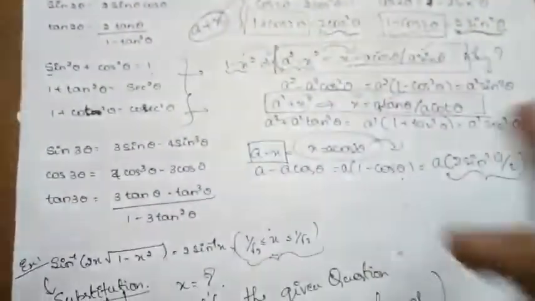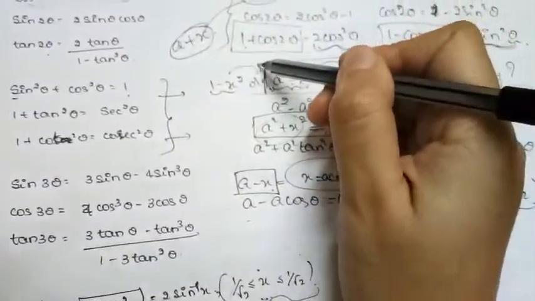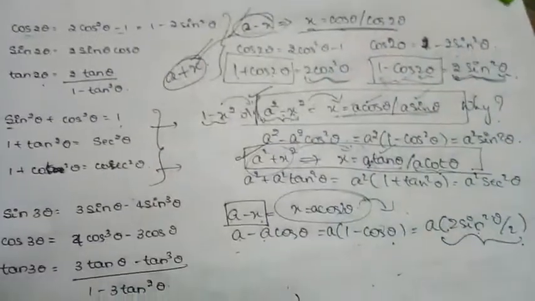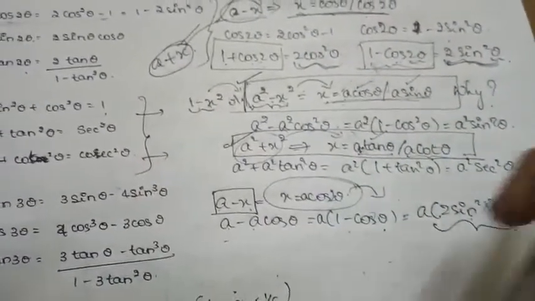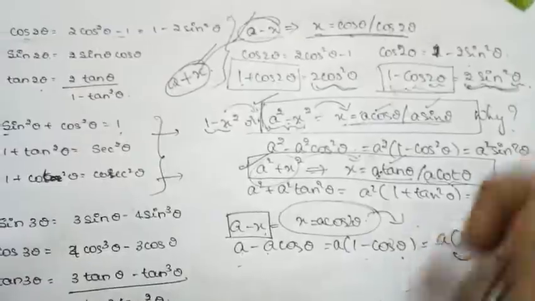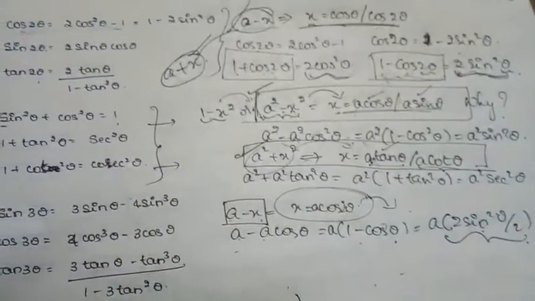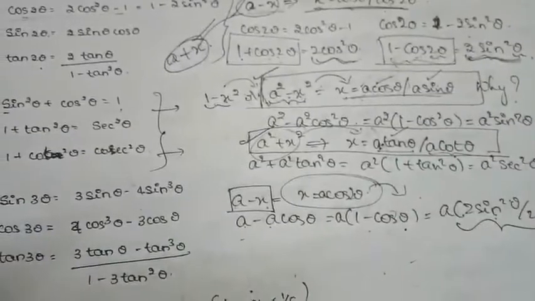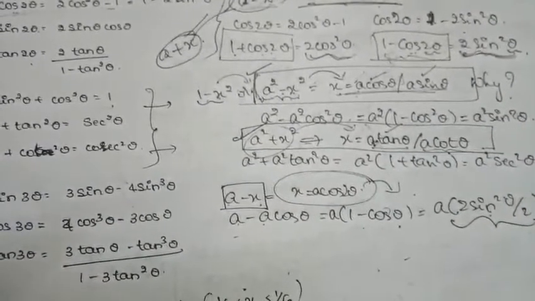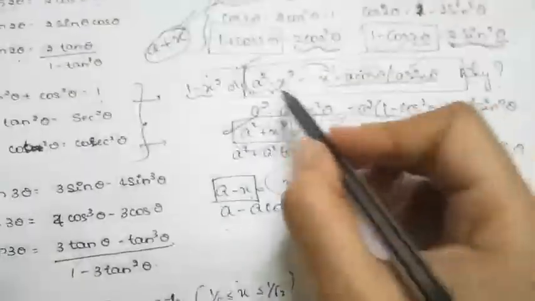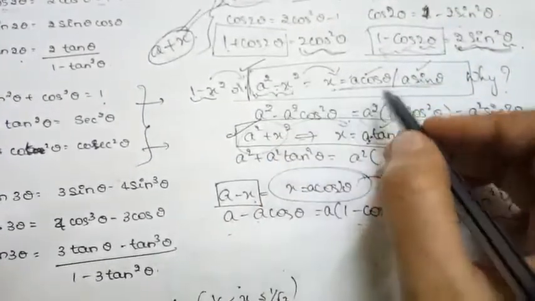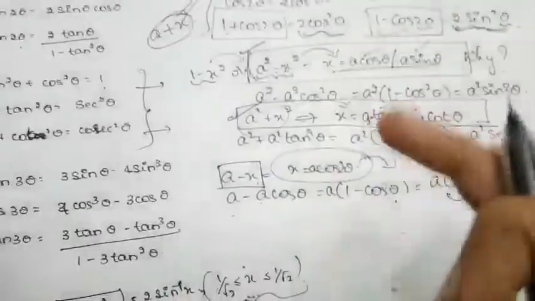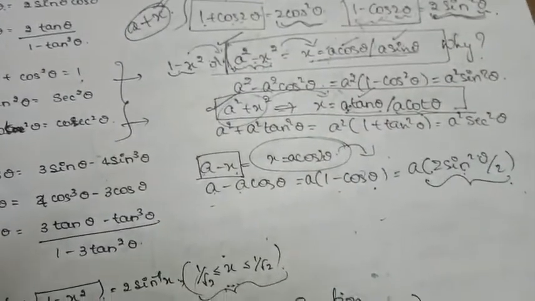So this is one of the general ideas. Remember this one and this one, whichever is most helpful based upon your exercise question. I came up with this idea so that you feel it is easier when dealing with each exercise question. So there is no need to explain each and every time, looking at a minus x, a square minus x square, why we are substituting this. Now with this idea we can deal with each and every question directly.